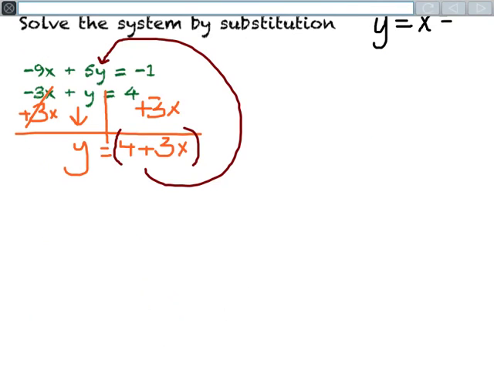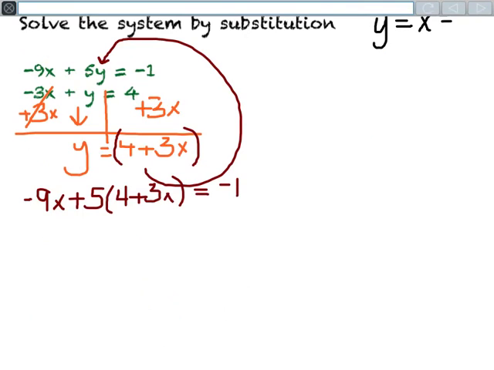There's a lot of thinking going on. So now I'm going to substitute it in. I'm just rewriting that first equation, negative 9x plus 5. Instead of y, though, in parentheses, I'm going to put in 4 plus 3x, because that's what we figured out in the other one, equals